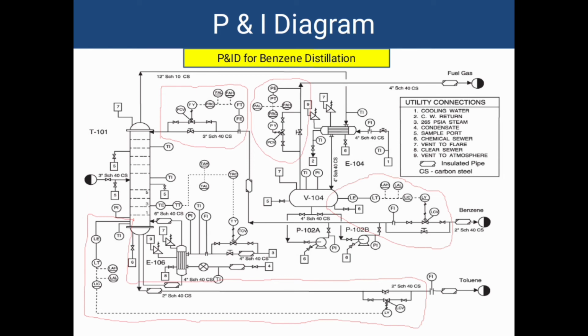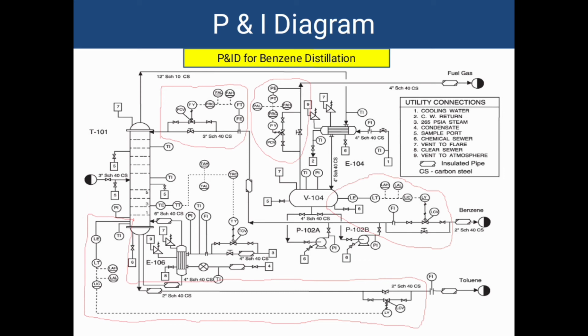Here the distillation tower bottom fluid level is maintained. It is measured by the level indicating element LE. This element transmits the signal to the level transmitter, which transmits the signal to the level indicator controller, and there is an alarm. The alarm will be actuated in the control room so that the control room operator can notice.